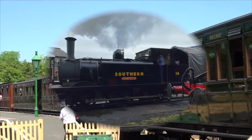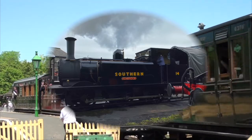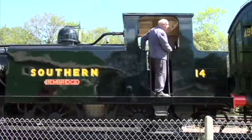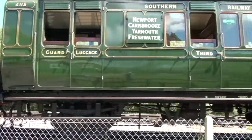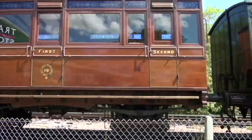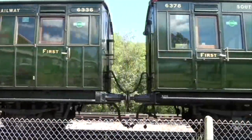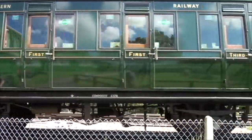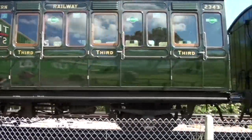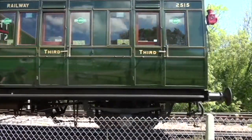Like the other Terriers, she was taken out of service in 1963, and just like our Newport locomotive, she was bought by Sir Billy Butlin and was used as a static display at his holiday camp, this time in Minehead. She was restored over a 25-year period, returning to steam initially in the year 2000. And she has recently completed a second restoration by her owner, the Terrier Trust CIO, who, with the agreement of the Kent and East Sussex Heritage Railway, have kindly loaned her to the Isle of Wight Steam Railway for a